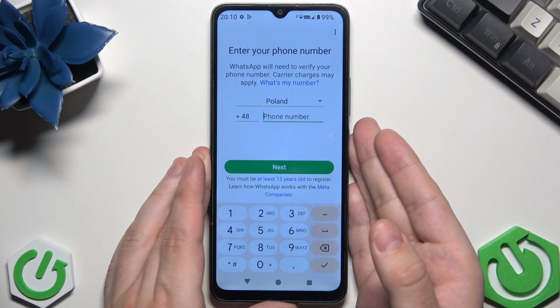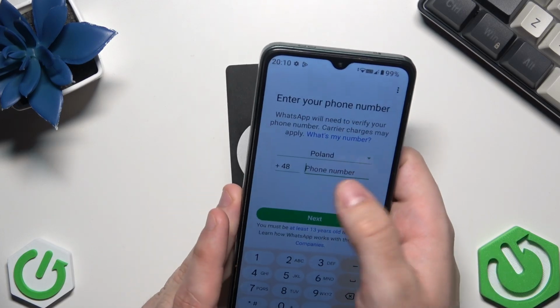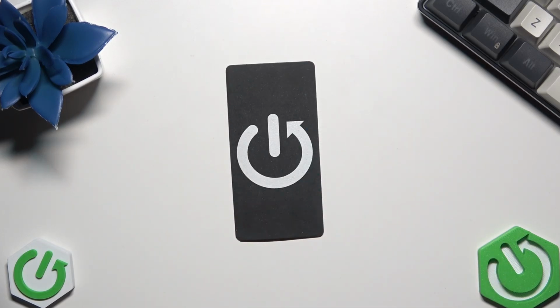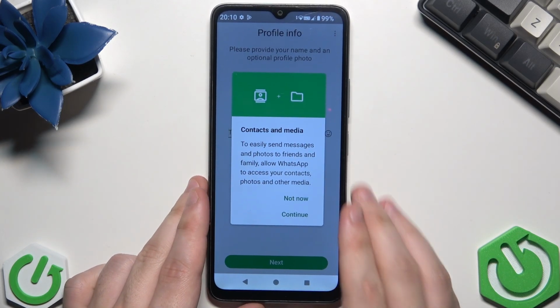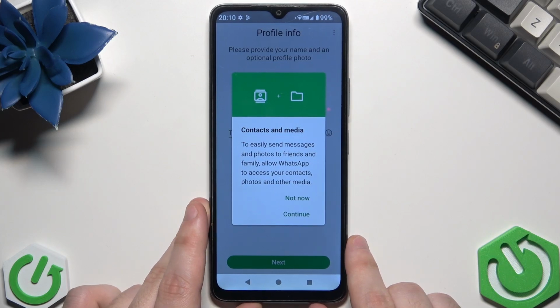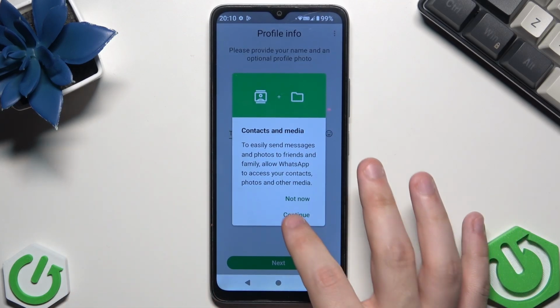Now you need to type your phone number right here and verify it, so that's what I'm gonna do now. So just give me a second, please. Okay, I am almost done. Okay, it has been successfully verified. Okay, and now let's click on continue,